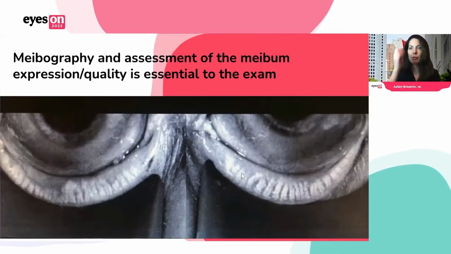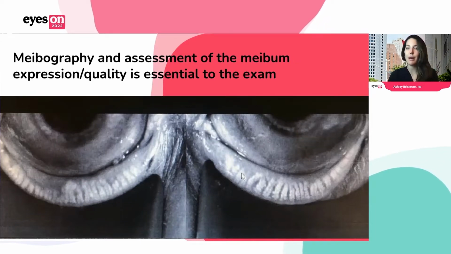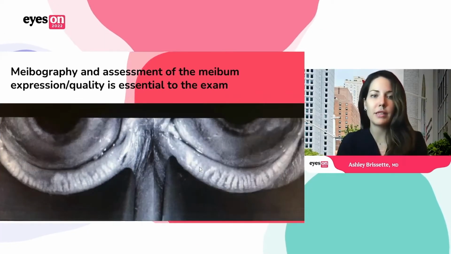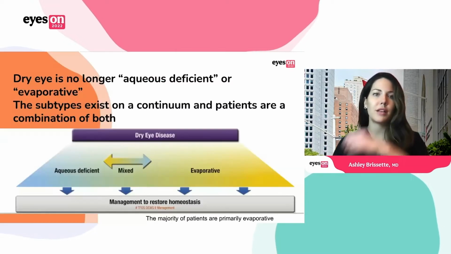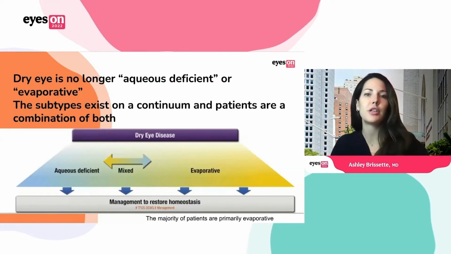And then you can also do meibography, such as in this photo here, where you can visualize the meibomian glands. You can do the upper and lower. It's often much easier just to image the lower ones. And then this again can be a metric that you follow going forward in terms of the lipid component of the tear film, which is the meibum that's expressed. So this is also a really essential part of the clinical examination.